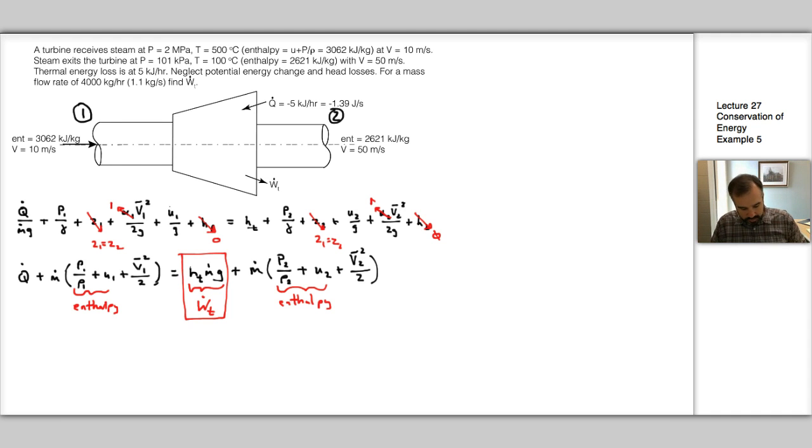So we can plug all our numbers in, and we get negative 1.39 joules per second, we're given Q dot, plus 1.11 kilograms per second, that's M dot. The enthalpy is 3062 times 10 to the third joules per kilogram, plus 10 meters per second, square that, over 2,